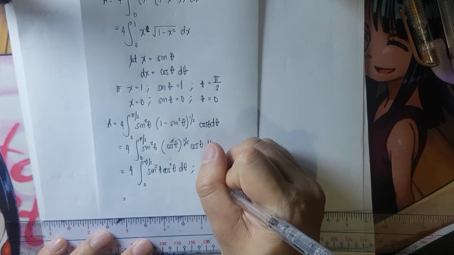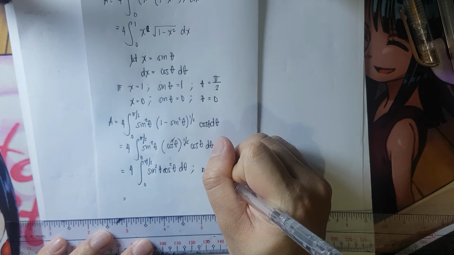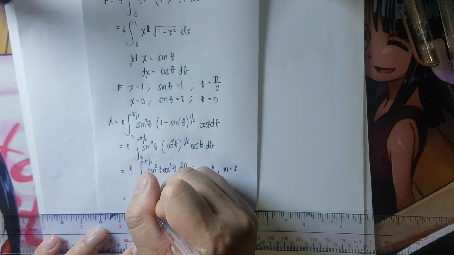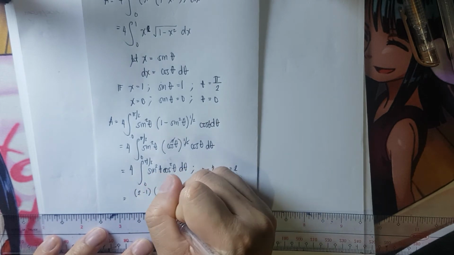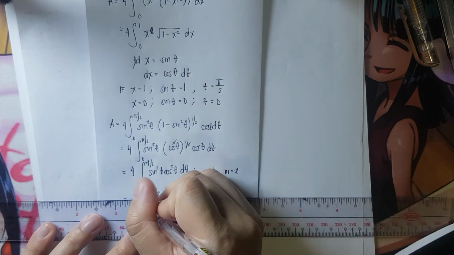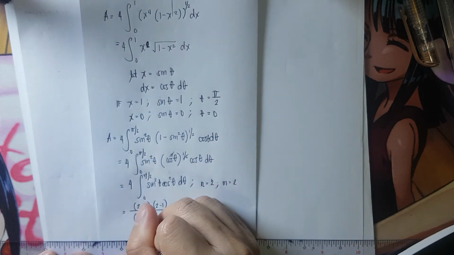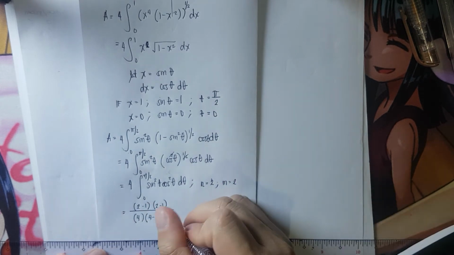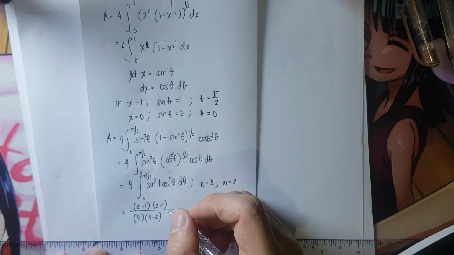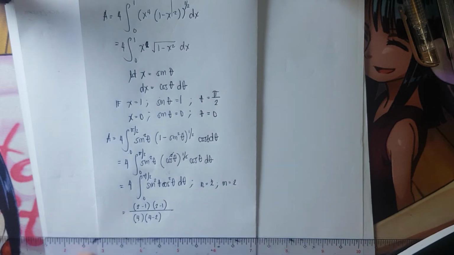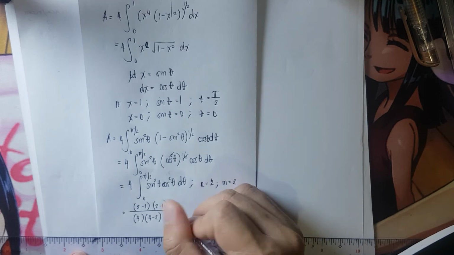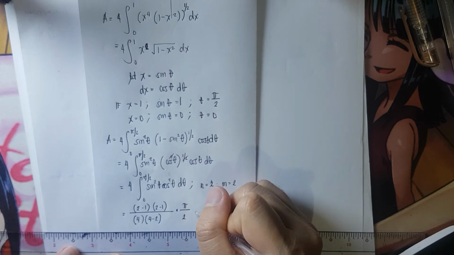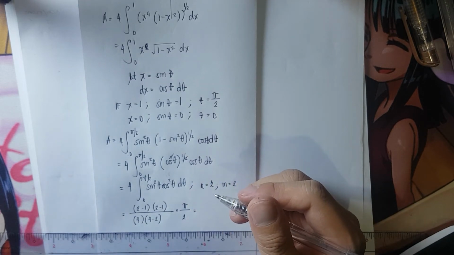So n is equivalent to 2, while m is equivalent to 2. So we have here 2 minus 1 times 2 minus 1 divided by, we have 4 minus 2, and that is 2. So that's it. Okay, and since it is even, we will be having a multiplier of pi over 2, and the final answer is equivalent to